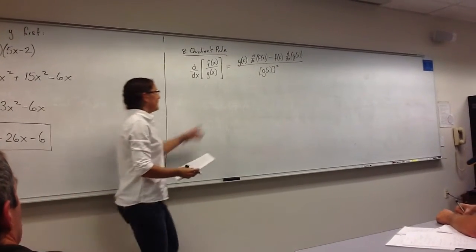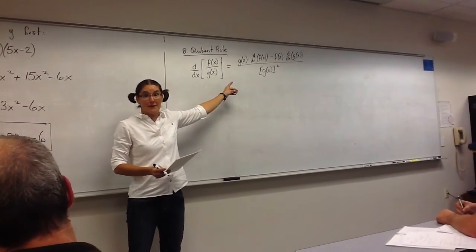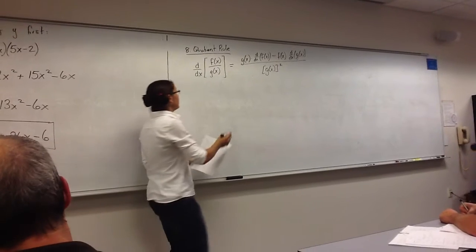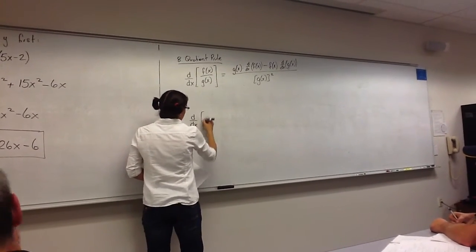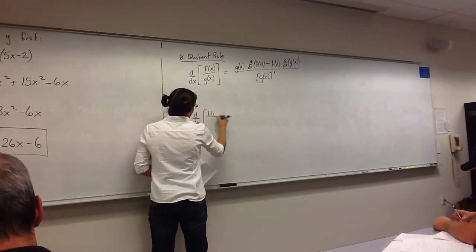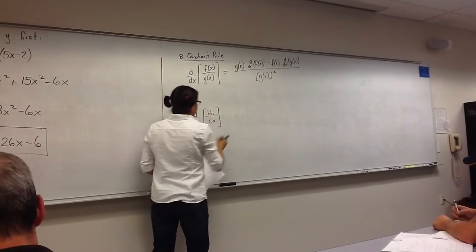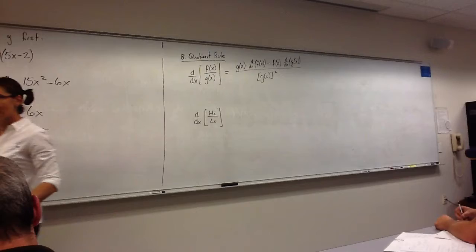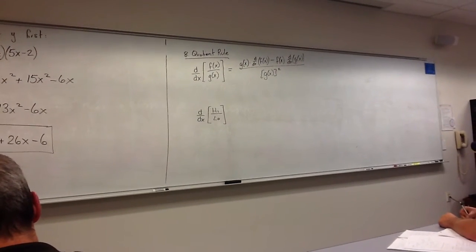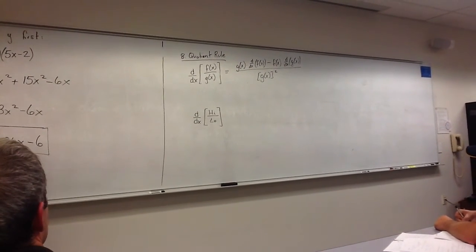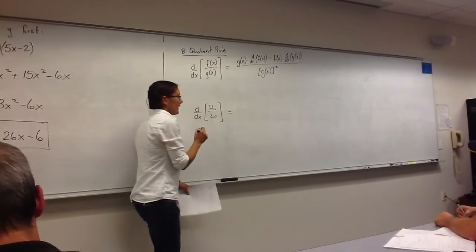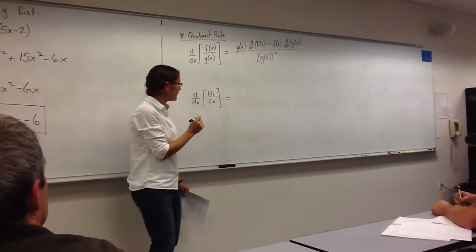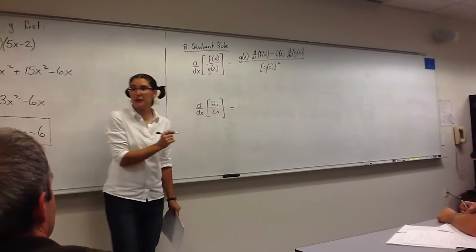Now, this one is a challenge to remember, and this is how I remember this particular derivative rule. The derivative of high over low. So we've got the top function, which I call high, and the bottom function, which I'm calling low. And so, listen to this. Derivative of high over low is